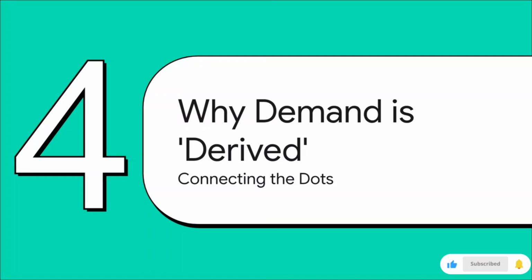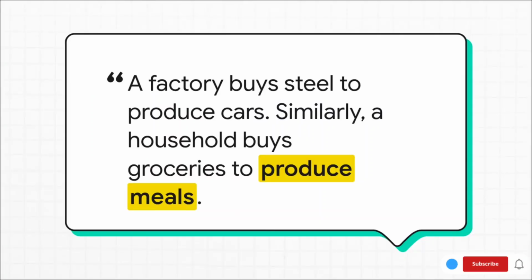So this is the crucial part. We need to connect everything we've just talked about back to that original question. We've said that households are like factories, but what does that have to do with demand being derived? Let's connect the dots. This analogy right here is the absolute key to unlocking your whole answer. Think about it. A car factory demands steel, right? But not because it just loves having piles of steel lying around. Its demand for steel is derived from our demand for cars. In the exact same way, your demand for groceries is derived from your desire for a home-cooked meal.